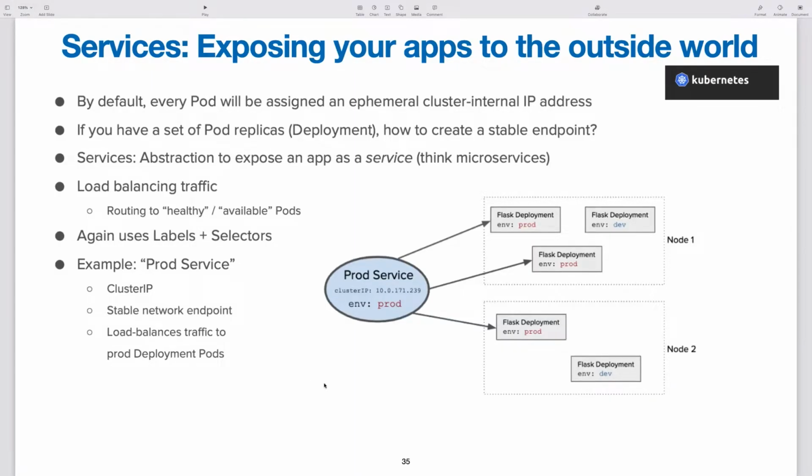Okay, so welcome back to my new video. In this tutorial, I'm going to teach you how you can use the Kubernetes Services object to expose your apps to the entire world. Okay, so by default, every pod will be assigned an ephemeral cluster internal IP address, meaning